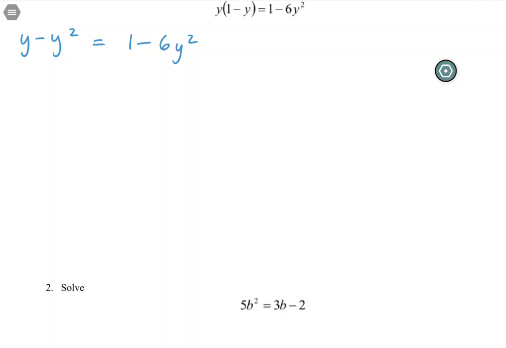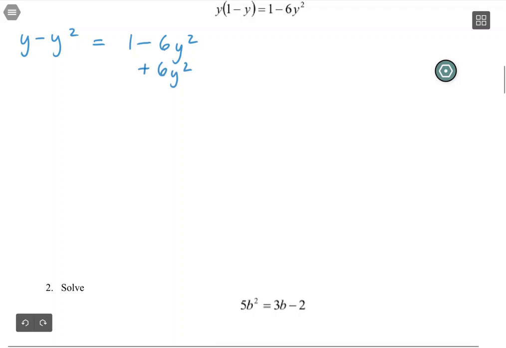One side needs to be 0, so you can move whichever way you want. It doesn't really matter with the quadratic formula where positives and negatives are. So I'm going to go ahead and move to the left, but you could absolutely move right and it would still work. So I end up with 5y squared plus y minus 1